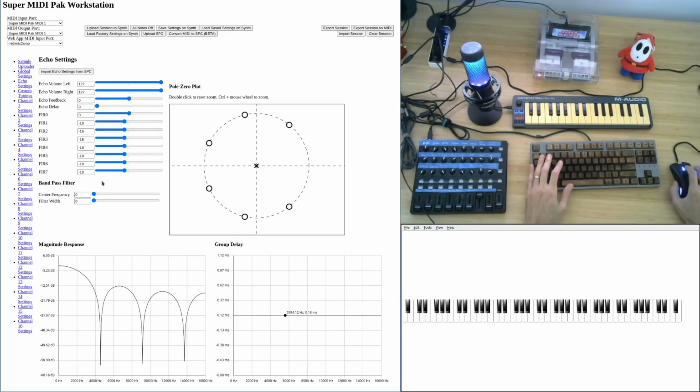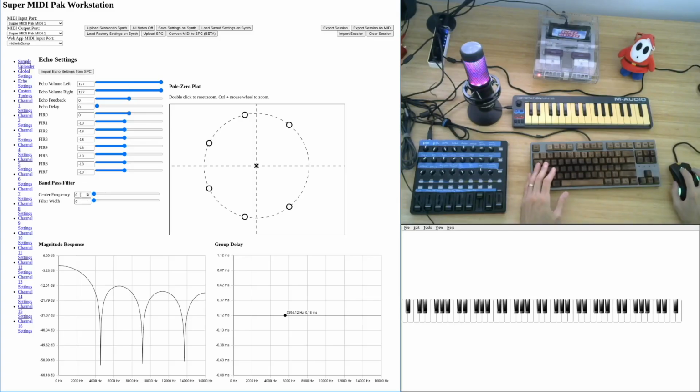And so the bandpass filter is basically a filter that allows frequencies in a certain space of the frequency spectrum through, and it attenuates or rejects all the other frequencies. So the frequencies that it lets through are usually centered around the center frequency. And the filter width defines how many frequencies from that center frequency are let through.